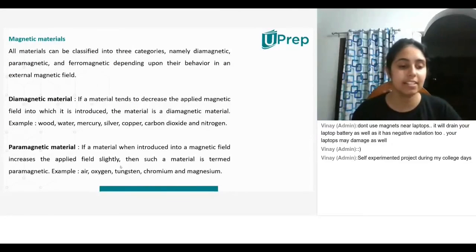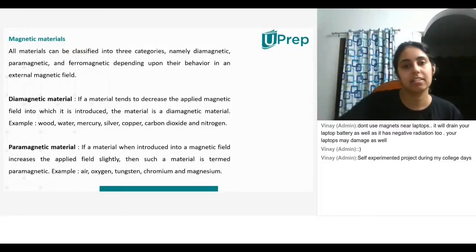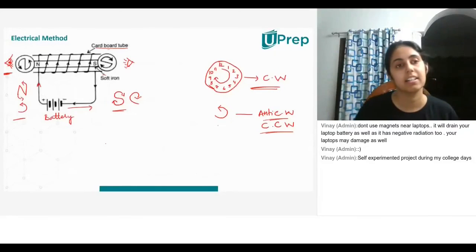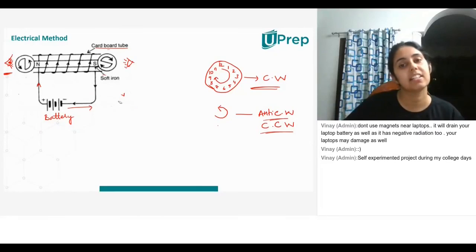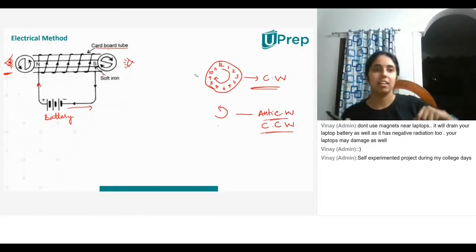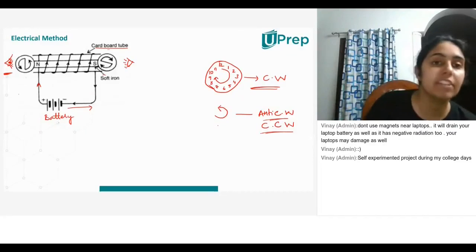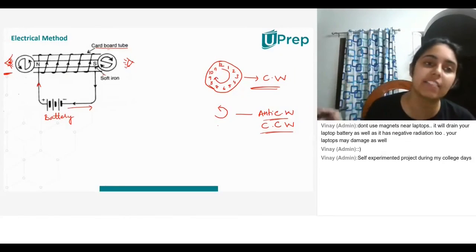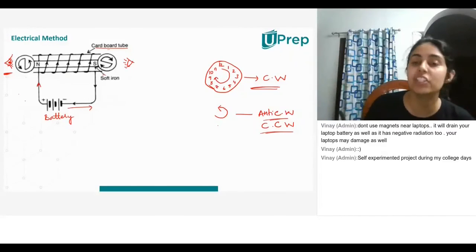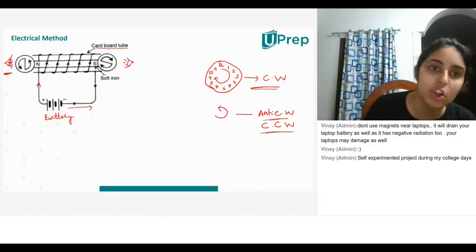Ma'am, I've got a doubt. You said about anti-clockwise and clockwise, right? And identifying which side is north and which side is south. When we look in different directions, the result is different, right? Absolutely. So how do we know which is wrong? Whichever direction you look in, if the current in that direction is flowing in the anti-clockwise direction, that is the North Pole.